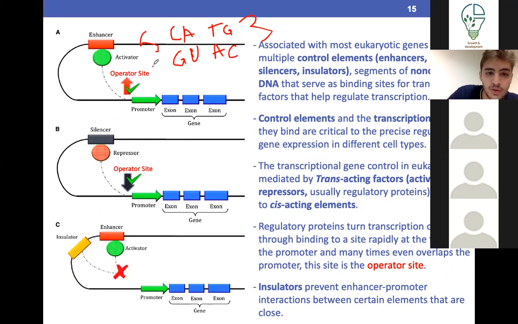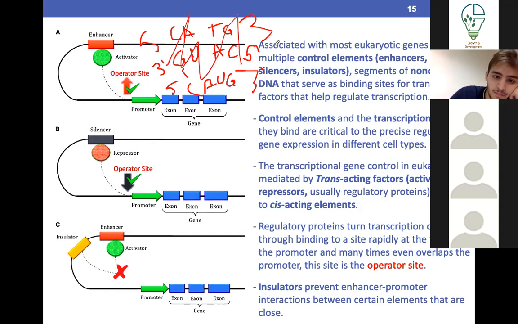When you transcribe it, the mRNA flips actually. So this is the 3 prime end and the 5 prime end. And it's known in biochemistry that whenever you write a nucleotide sequence, you always write it from 5 prime to 3 prime, okay? So you're supposed to write it C, A, U, G. That's a question that's 100% coming, but it's not in this lecture. I just thought I'd mention it.